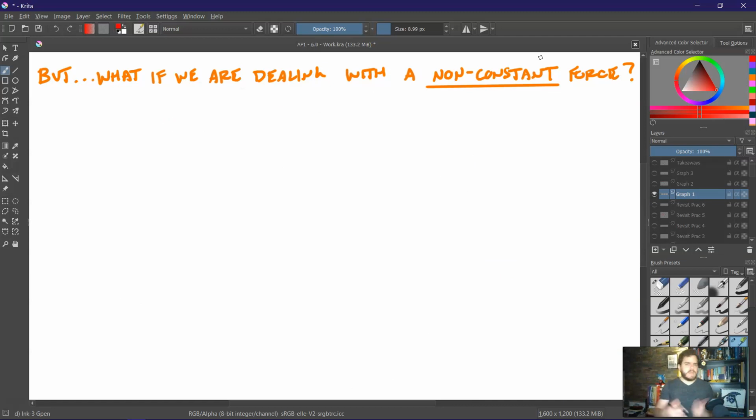One final thing I want to mention: up to this point we've only been dealing with constant forces. If we look at that work equation, W is equal to delta E is equal to F parallel D, there's no delta in front of that F. That has to be a constant force. What if the force is not constant?